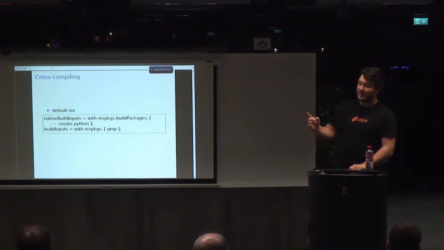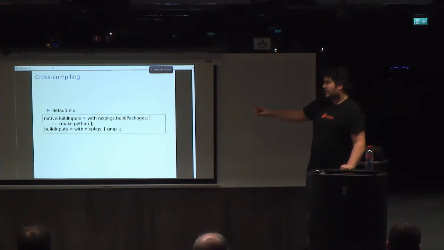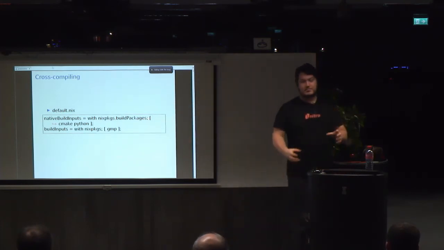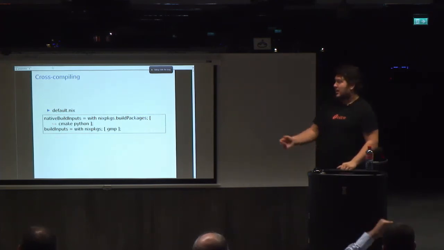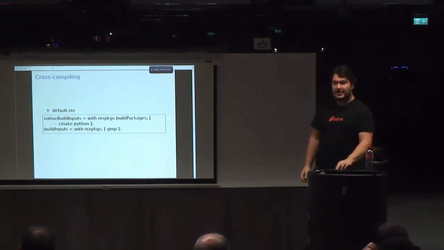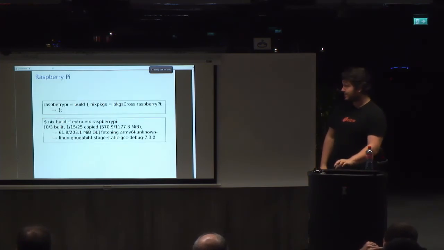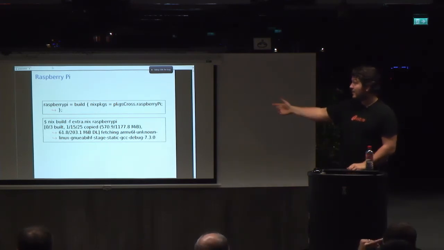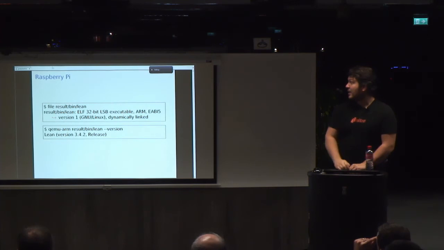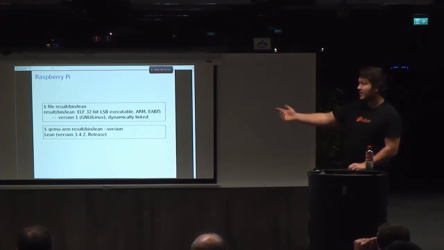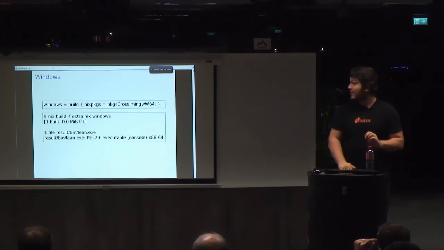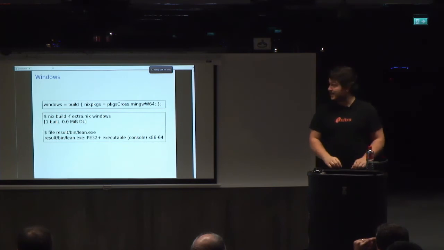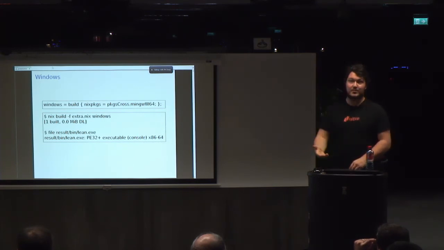So we can also cross-compile. The first thing to do before cross-compiling is to change the native build inputs to use the build packages package set, which is the package on the build architecture, and the default package set will be the packages on the host architecture, the one we're going to run on. So I can build a package for Raspberry Pi by simply adding this line to my jobs file. And if I build it, I get a binary for Raspberry Pi, and I can run it using an emulator, and it works. Do the same thing for Windows from Linux using MinGW. It will build Windows binaries. And I haven't done it in this slide, but you can also use Wine to run them.